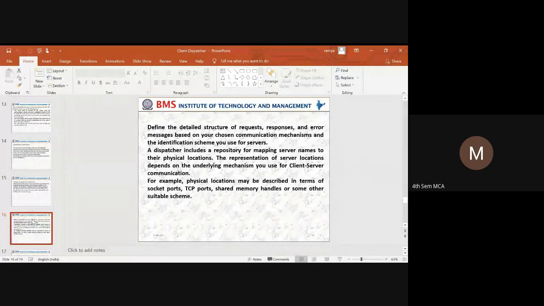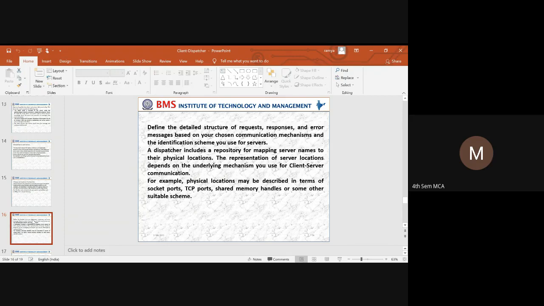Next thing is we need to identify the detailed structures: how the request should be formed, and how the responses should be sent from the server. When the error messages have to be raised depends upon the communication mechanism and the identification scheme that we are trying to use with the server.